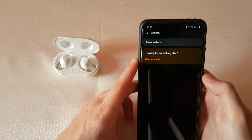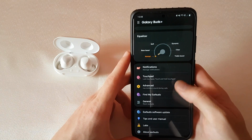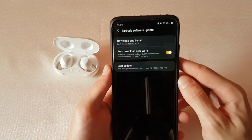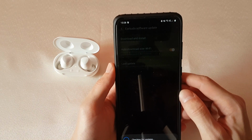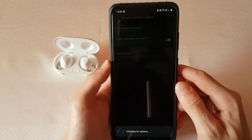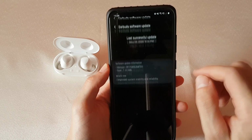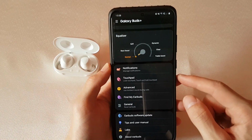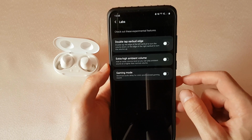And we have the general settings where we can reset our earbud. We also got earbud software update, which I think it's really nice to have. I think that in the future everything will have software updates, because you can improve many things with software updates. I already got my software update when I opened them. We have some tips and user manual, the labs section, where we can check out experimental features like